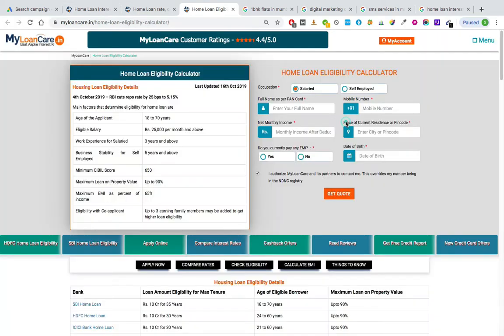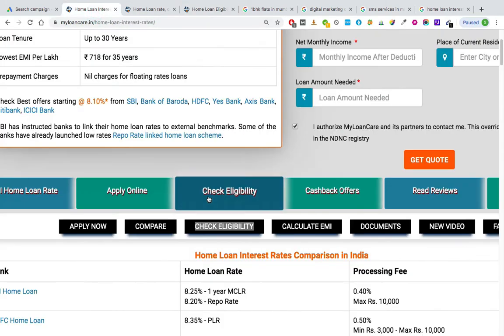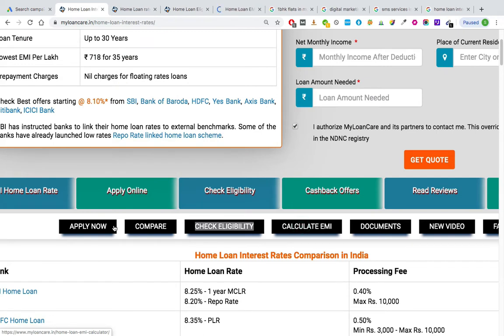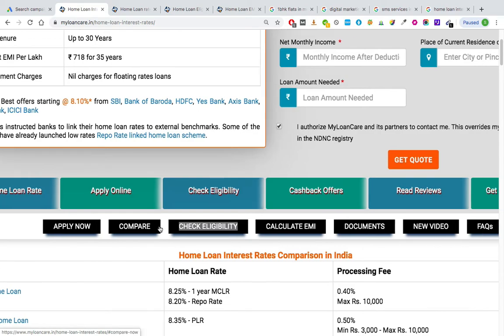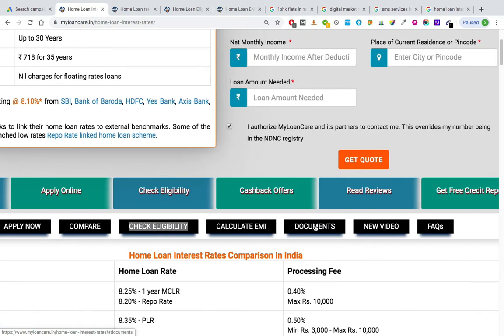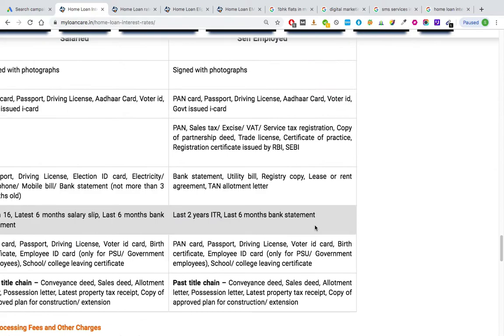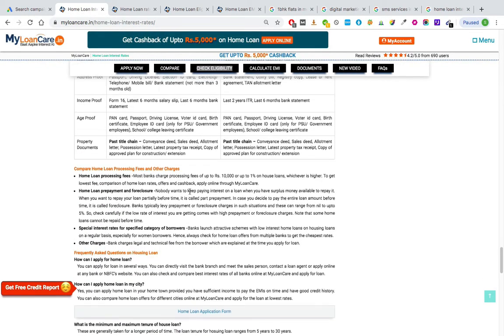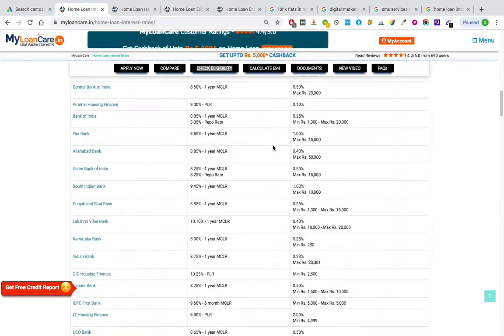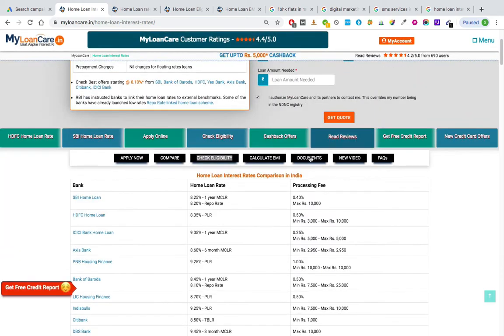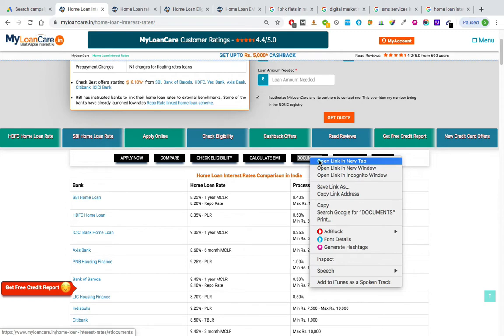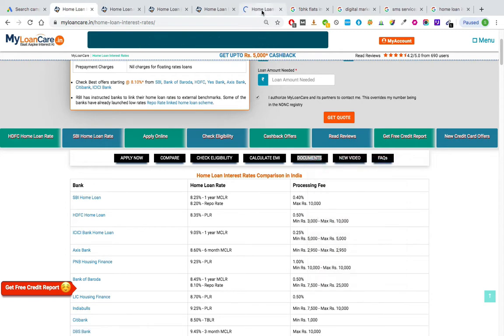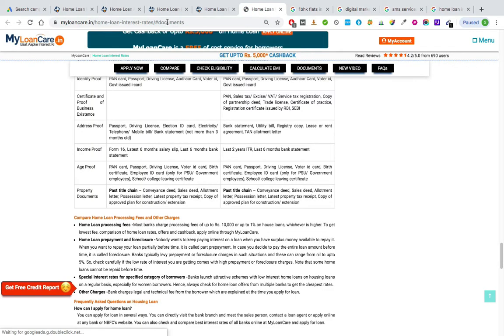I mean someone who is looking for a home loan. Then he can calculate his EMI from this option, I'm assuming, and he can apply directly from this option. He can compare banks, probably documents over here. Okay, by clicking on documents it brought me to this section. Let me just see if I can open this in a new tab. Yeah, documents.